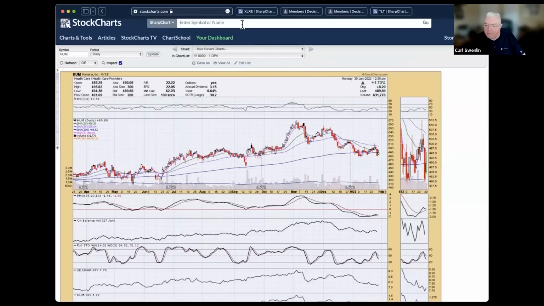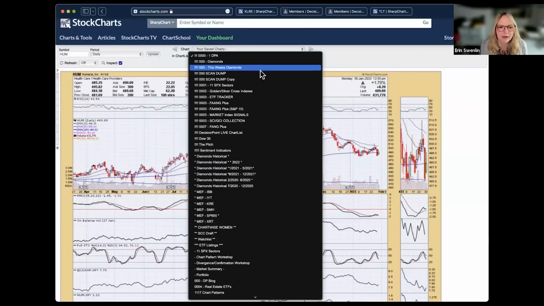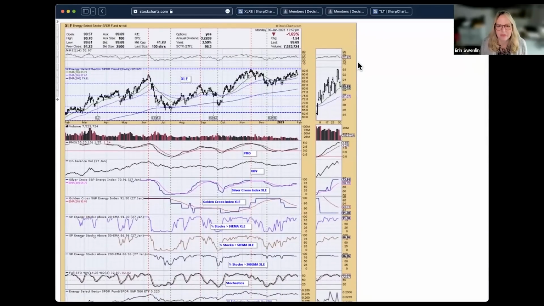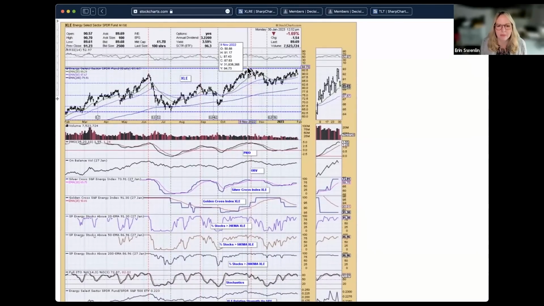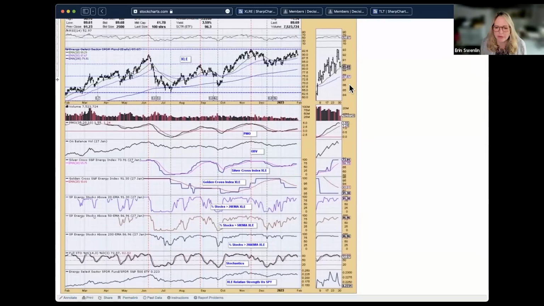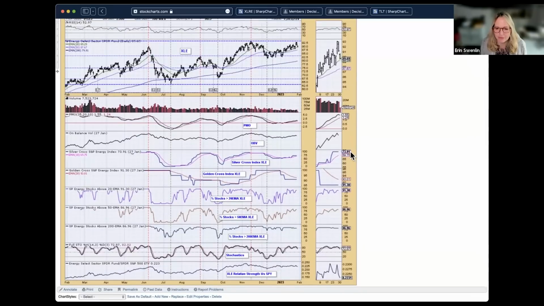XLE. All right. Well, if we're going to look at that, we'll do that on our sector chart. All right. So it has hit overhead resistance, and if it continues lower, that's going to be a giant double top. PMO has turned downward. RSI is still positive, and under the surface, we still have a lot of nice participation. And I don't know, Dad, I'm not seeing a breakdown in the participation that would tell me to look for a big decline, but I don't like that PMO turning over. Right.